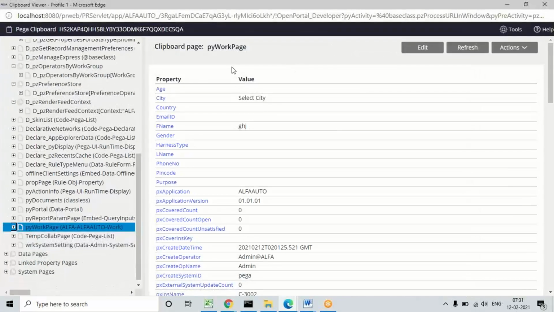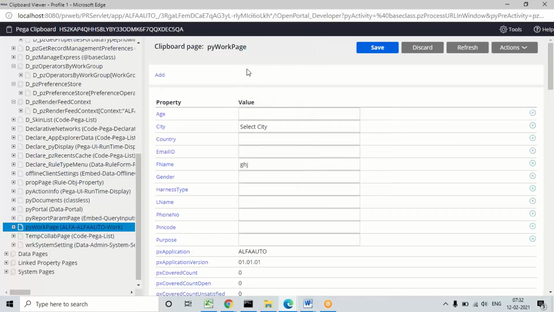See, first of all, pwork page also starts with py. So in py types, read functionality will be there. Directly we're able to read the data, and we can also edit them, but not mandatory, guys. Edit functionality will also be there for the py pages. In this pwork page we have px properties and pz properties also. But which properties can we edit? py properties we can edit, and user defined property values we can edit. But not px properties.